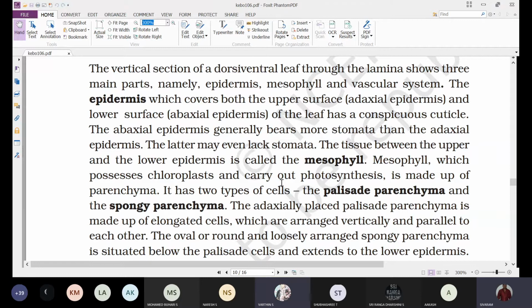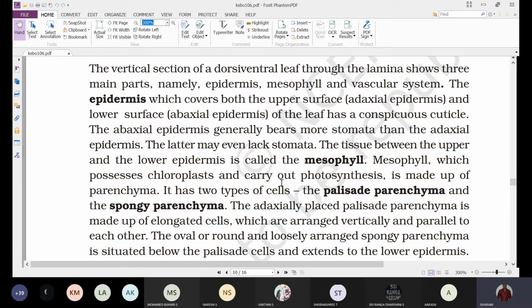So we'll find the cuticle. Next, when you observe the epidermis, generally we'll observe the leaf. In the leaf we'll observe the openings. The openings present on the leaf we usually call stomata. When you observe this dicotyledonous leaf or dorsiventral leaf, we can observe very clearly that in most dorsiventral leaves, the stomata are present on the lower surface when compared